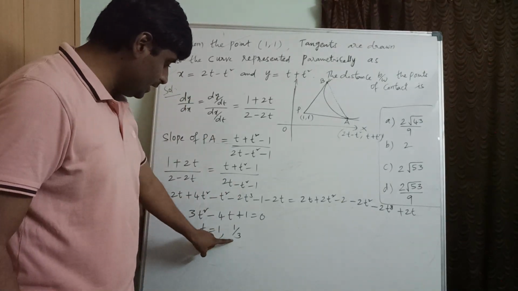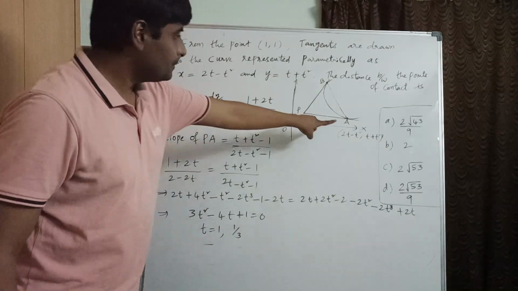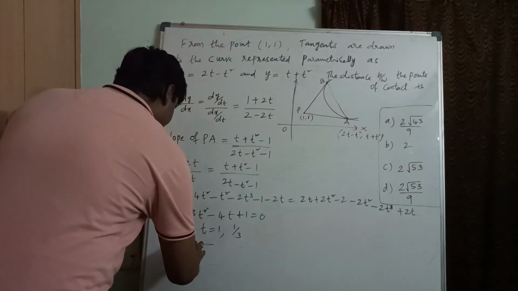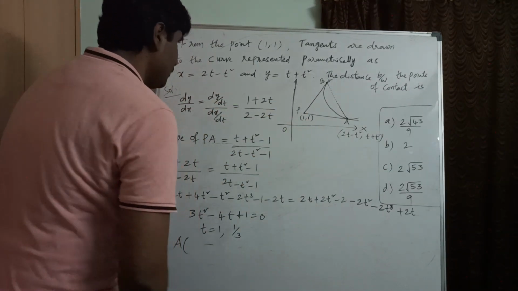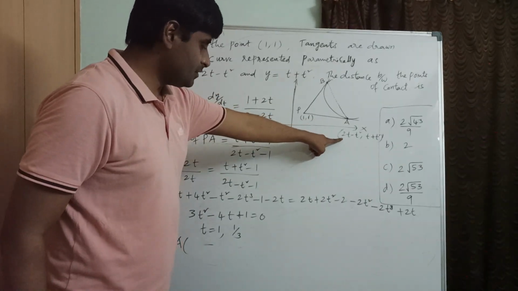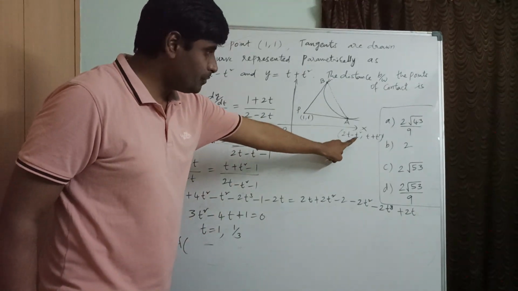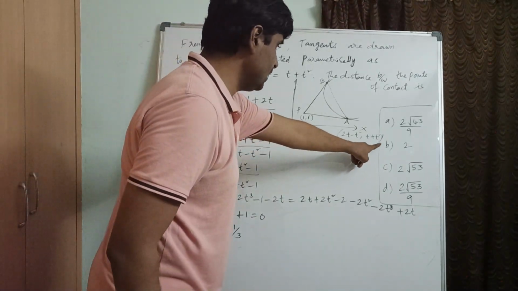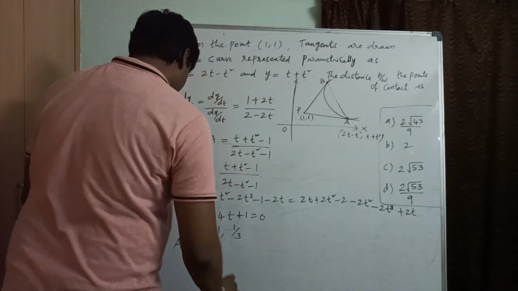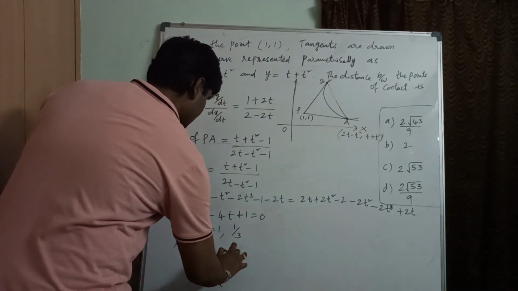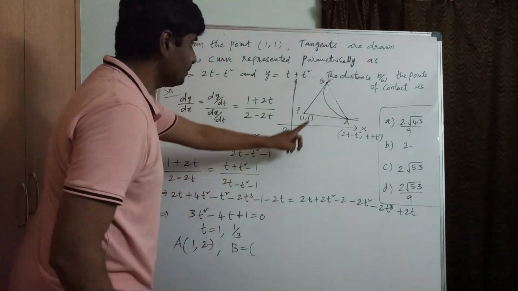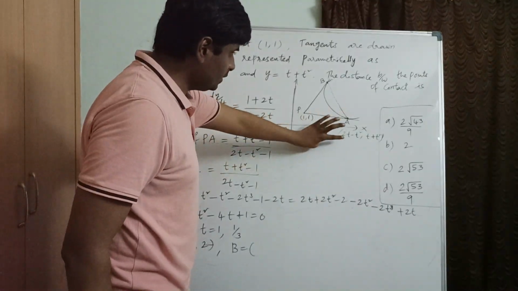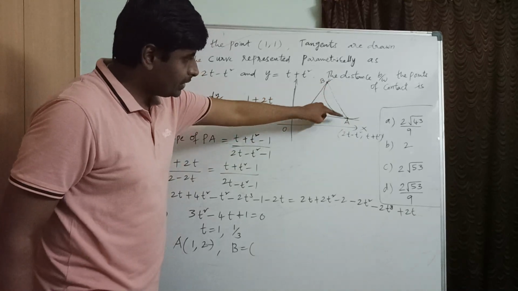If you substitute t value here, this point will become original. Both the points will become original. What is the point A? Tell me here. A point. If you substitute t equal to 1 there, 2 minus 1, 1, and here 1 plus 1. So what will you get? 2. Now similarly, what will be B point there? B point, same. So actually the point is same on A or B.